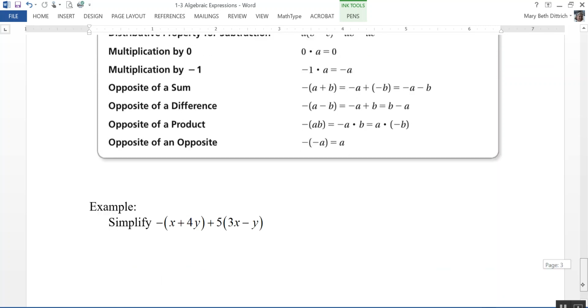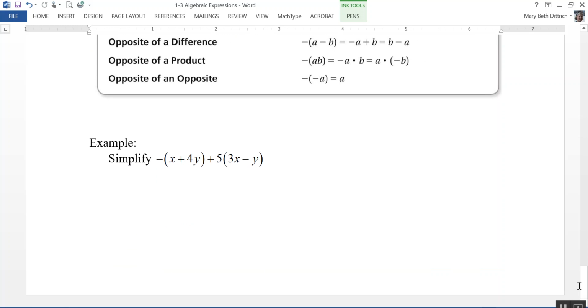And let's take a look at one last example here. We need to simplify this expression. The negative, the quantity, x plus 4y plus 5 times the quantity, 3x minus y. First thing I want to do is distribute, and I'm going to think of this as like a -1 that I have to distribute to each one of those. So that's going to give me a -x minus 4y, and then distributing the -5,